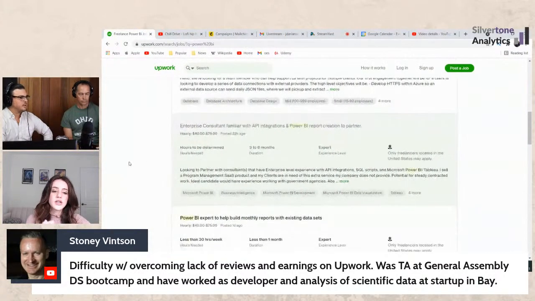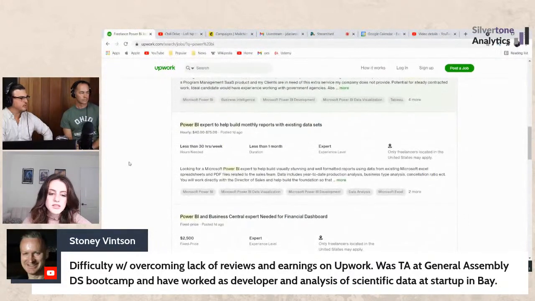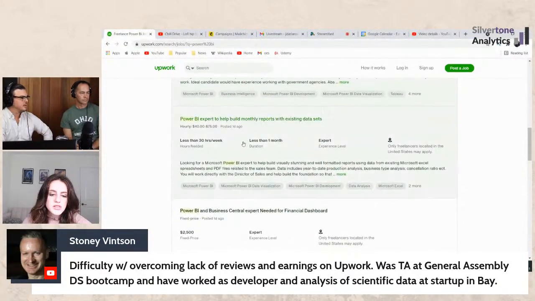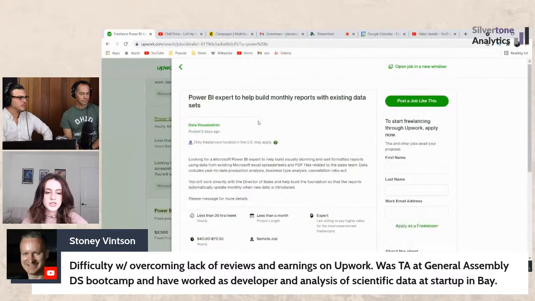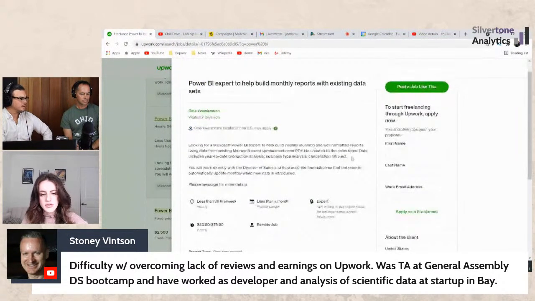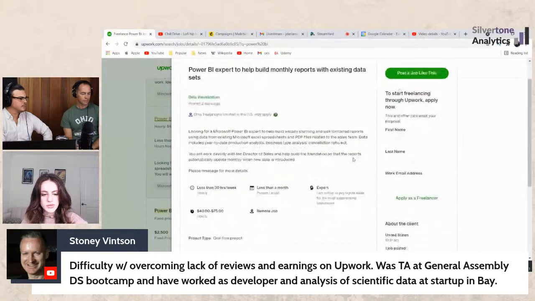Well, maybe we could find one that's more tailored specifically to what you do. I'd say this is very emblematic of Power BI work. Every situation is going to be different because everyone has data coming from different places. But